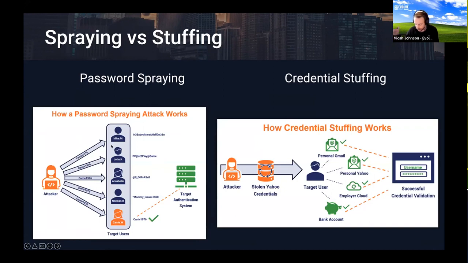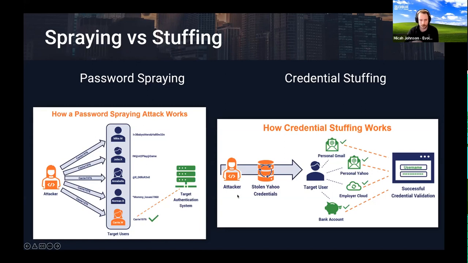So it's an attack where we're cycling through emails and usernames to try to find the weakest password, or the weakest link in the bunch, right? That's really what our goal is with password spraying. Whereas how that differs from credential stuffing, and to the right here, you see credential stuffing is where